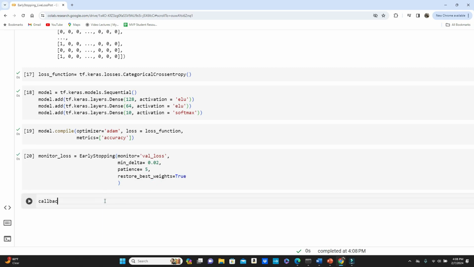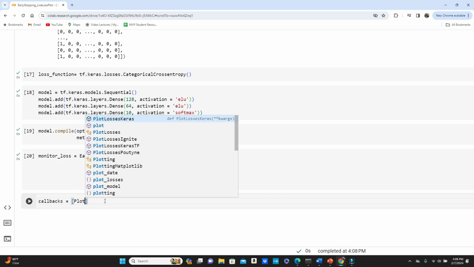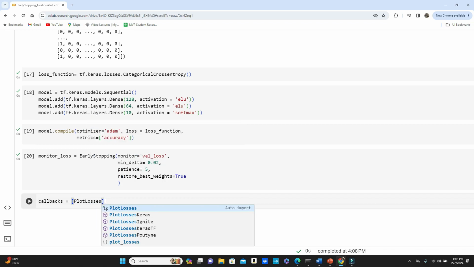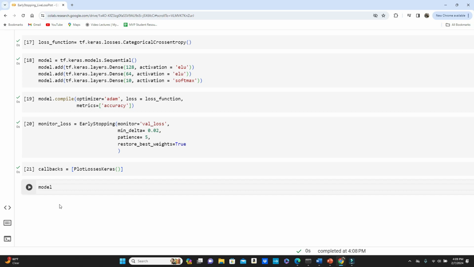Now, define another callback, plot losses Keras. It's time to train the model. Model.fit, first X train, Y train, epochs. I'll put 1000 epochs. Let's see what happens. Validation data, X test, Y test,